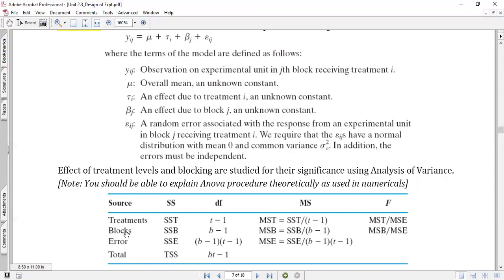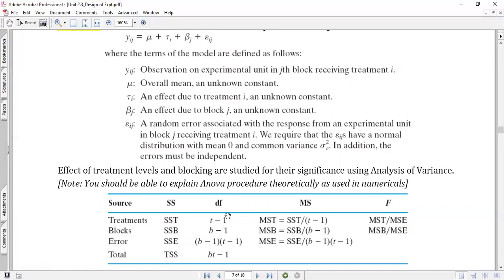For the block, our original assumption is that it's insignificant. Usually I assume that it's insignificant, I just want to assure it. If this becomes significant, that is an observable result, an important result for me. That is, if I say that I have taken gender as a nuisance factor, male and female, and I find that this F test is significant, what it means is the dosage form makes some difference in male and female. There is a significant difference between the responses. So that becomes an important observation for me. So that you can identify with the model and ANOVA.